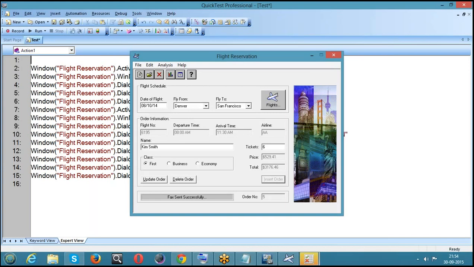So standard recording has advantages. The only drawback with standard recording is that it will not operate on mouse movements. It is really difficult for it to understand and work with mouse movements. Yeah.